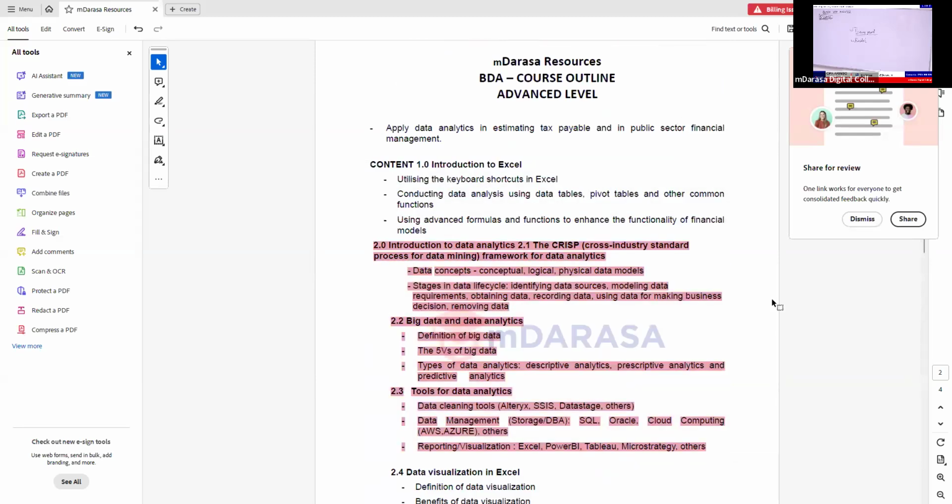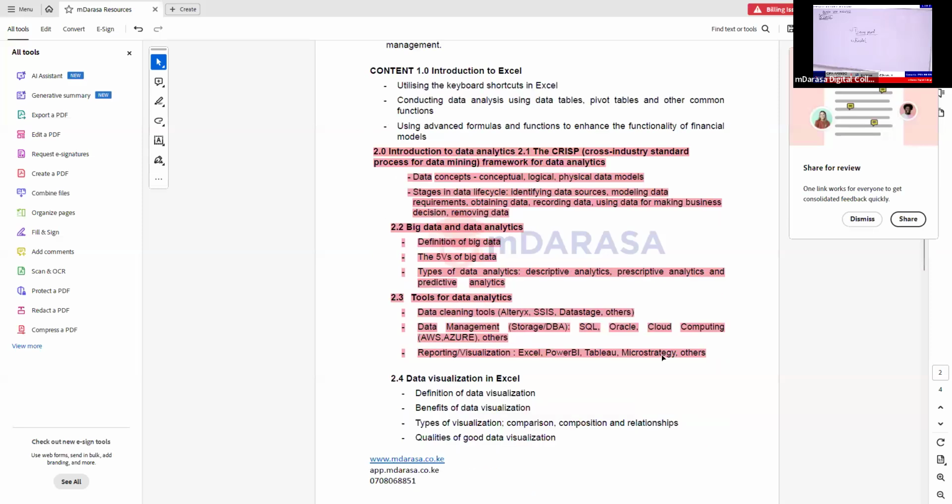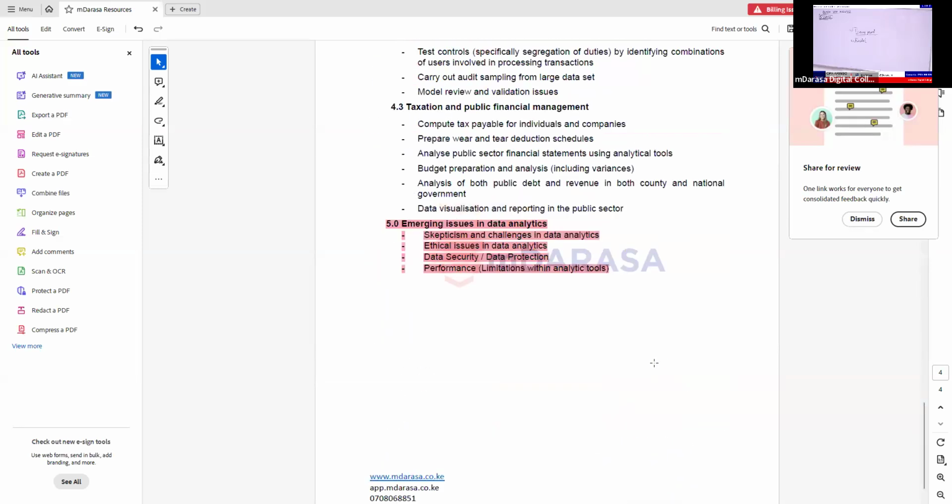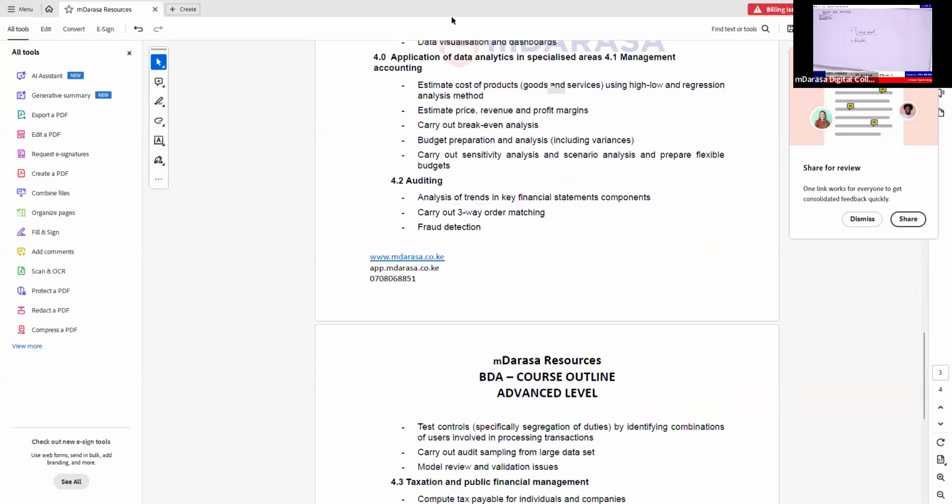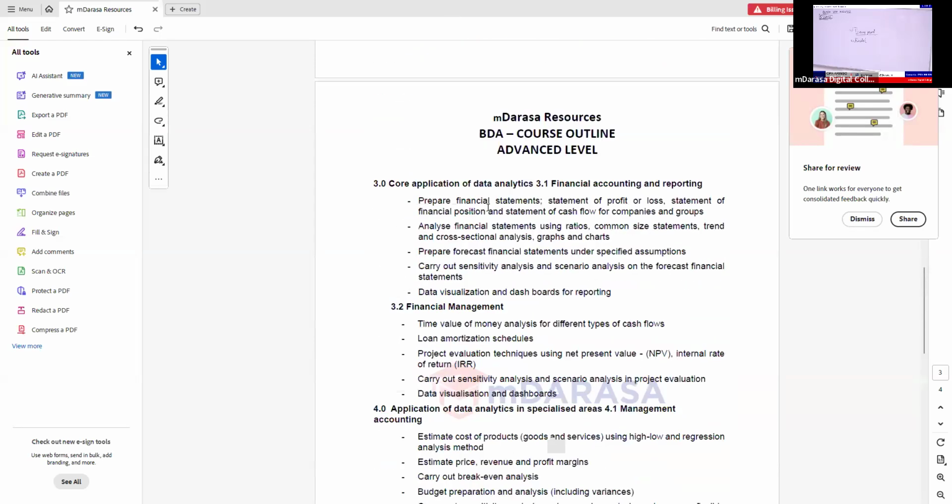So for the purpose of the class, we have to balance all this. Number one, Mwalimu will assume that all of us have never attended any Excel class. So we'll be starting from the basic part. As number one, understanding the basics of Excel, understanding some of these shortcuts. After that, we just go step by step.